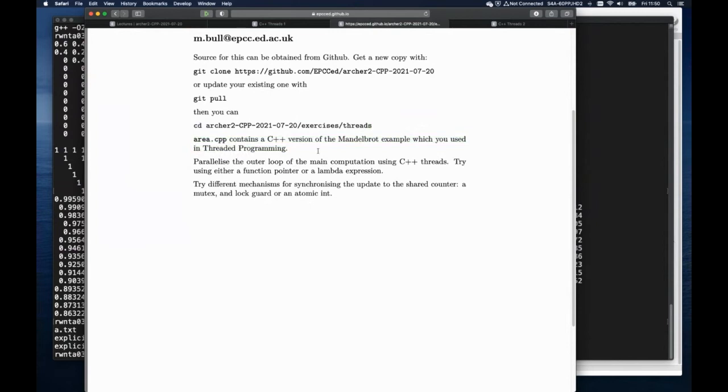We have a course that students would take before this one called Threaded Programming, where they would learn about OpenMP. During that course, they would parallelize a Mandelbrot set generator. So what we suggest you do is parallelize the outer loop of the main computation using threads. You could try this either with a separate function or with a lambda expression, as you prefer. And try several different ways of synchronizing the update to the shared